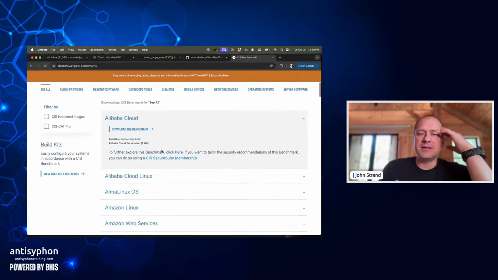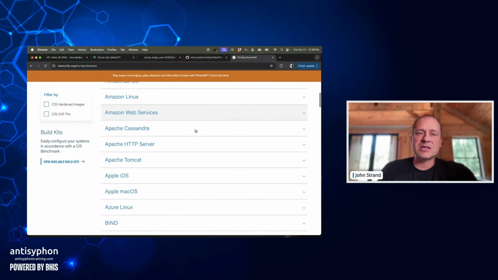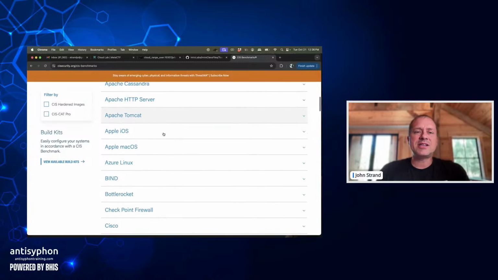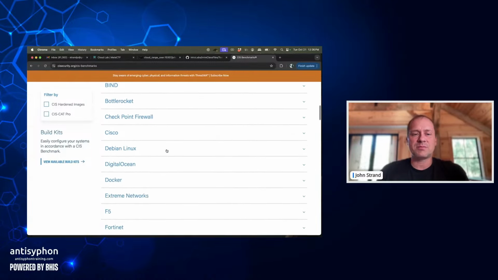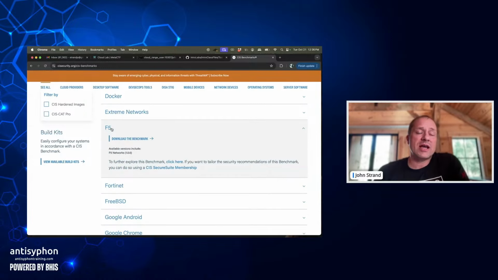There are a ton of different things. Like we have Alibaba Cloud, Alma Linux, Amazon Web Servers, Apache Cassandra, HTTP Server, Tomcat, iOS, Bind, DigitalOcean, Docker, F5, right? F5 was in the news pretty heavy, still is, right? So if you want to go through and do an audit of your F5 environment, you could actually look at